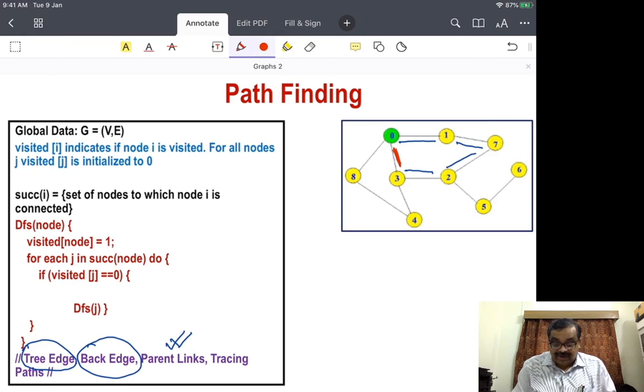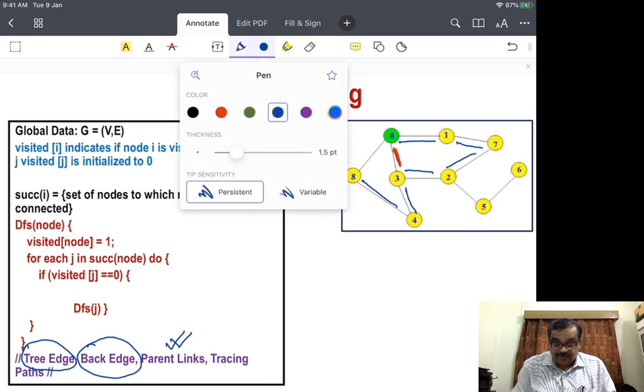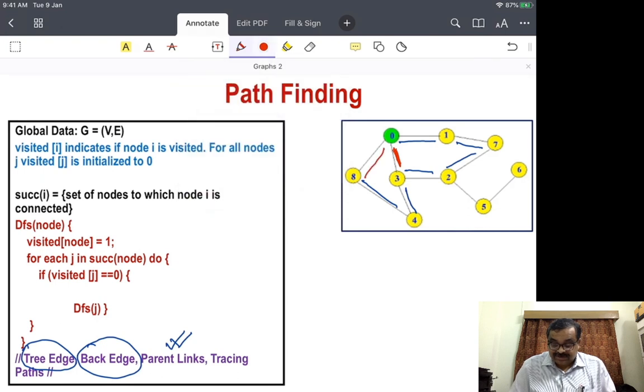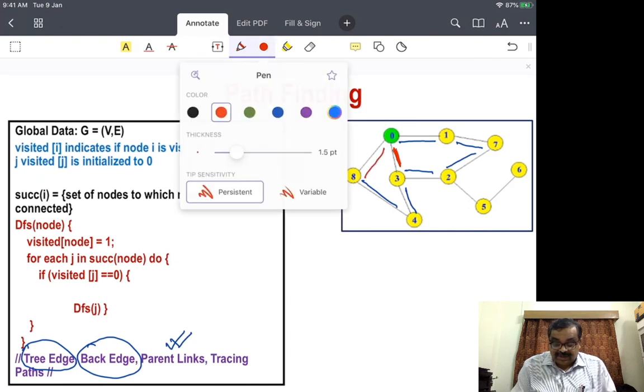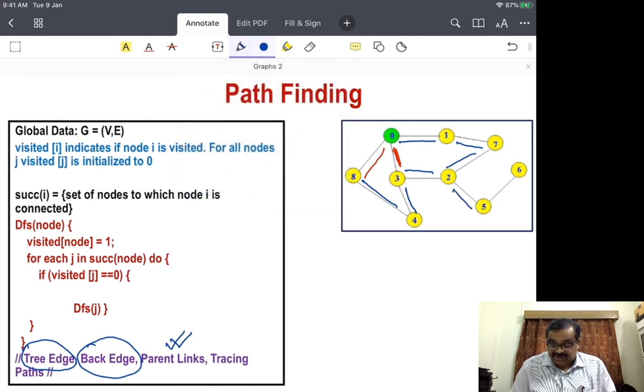Then again I will come back and from 3 I will go to 4, which is a tree edge. From 4 I will go to 8, which is a tree edge. From 8 I will go back to 0, which is a back edge. Then I will come back here, and then again I will get this as a tree edge. Then I will get this as a tree edge. This completes basically my whole search. So I could mark these as my tree edges, and if I remove the back edges, then this forms a tree, as you can see, without any cycles,